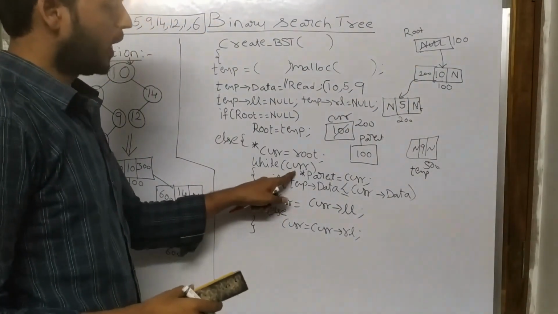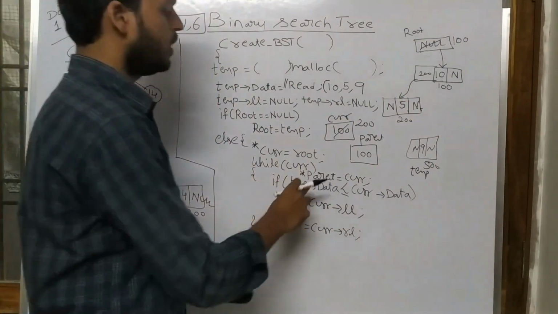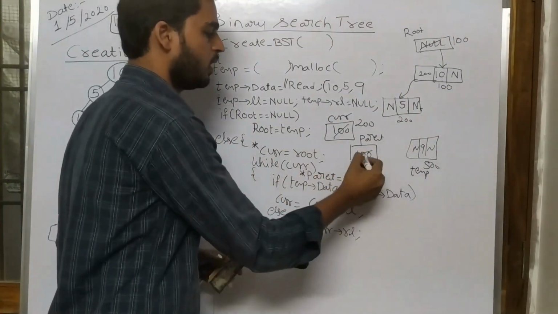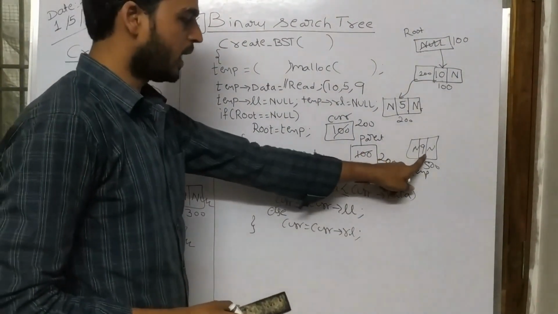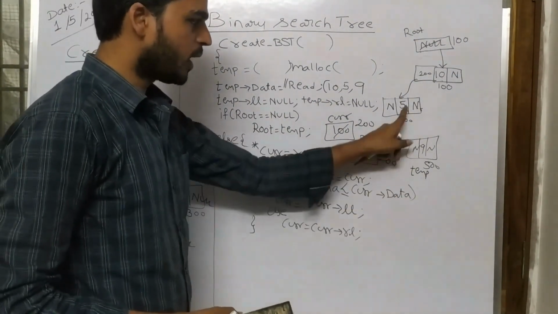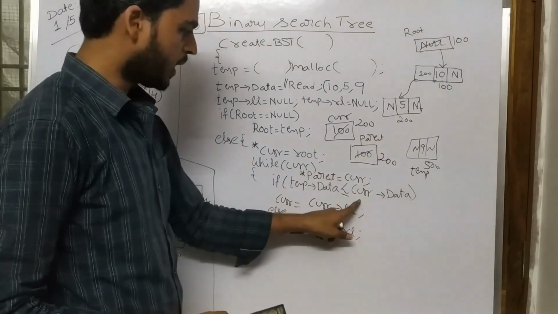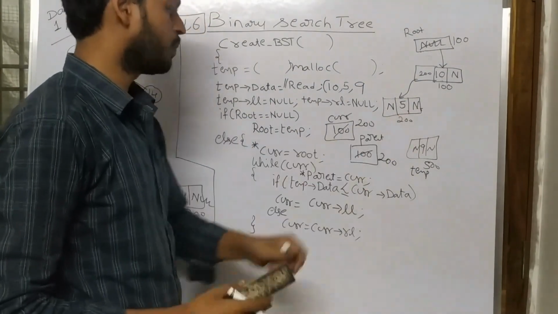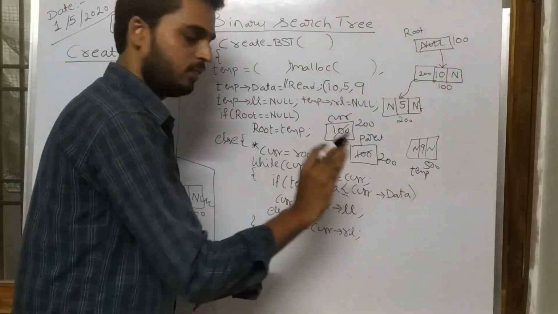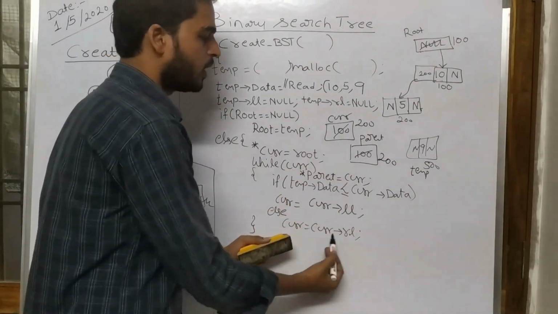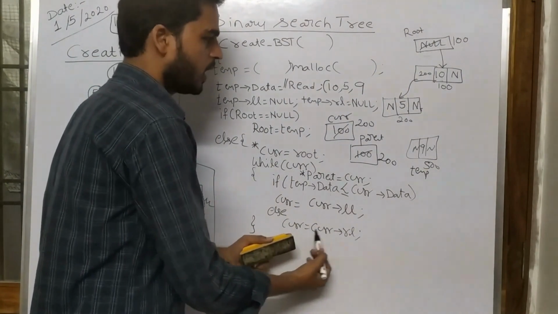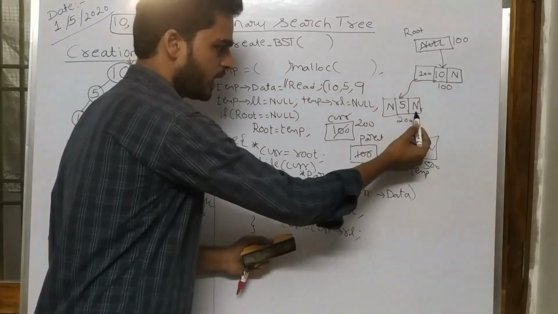Now it is going to execute while 200 is not null. Then parent equal to current. What is current? 200. Now temp tends to data, what is the data? 9 is less than or equal to 5. Current tends to data, 200 tends to data is 5. 9 less than or equal to 5 completely fails. When it completely fails, the else condition runs. What is the else condition? Current equal to current tends to right link. Current tends to right link is